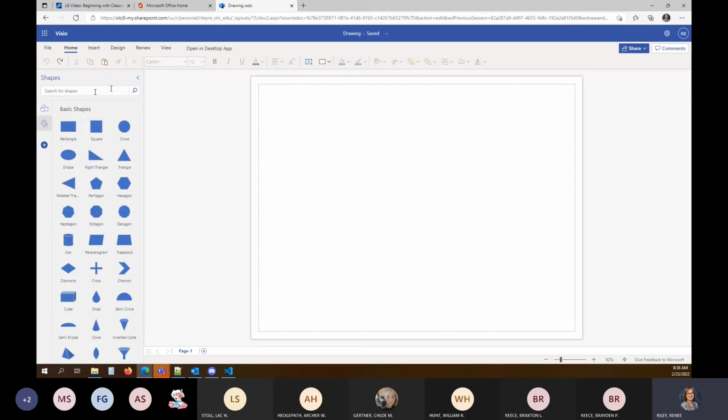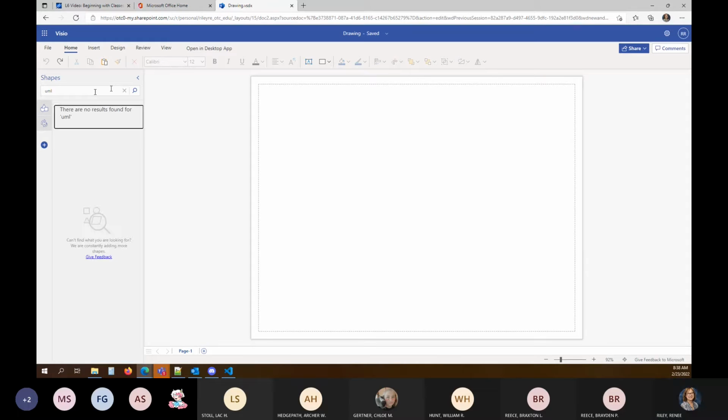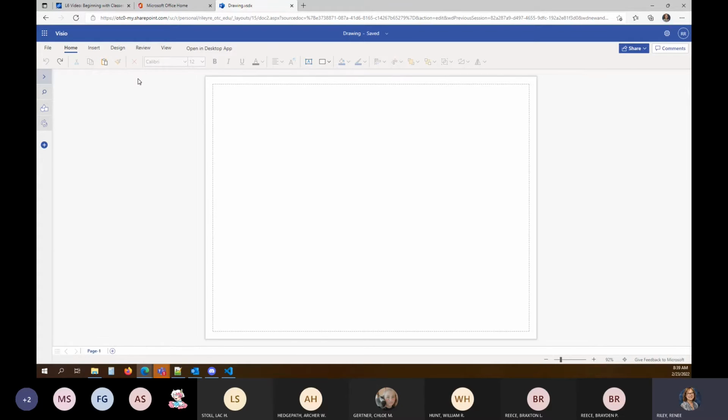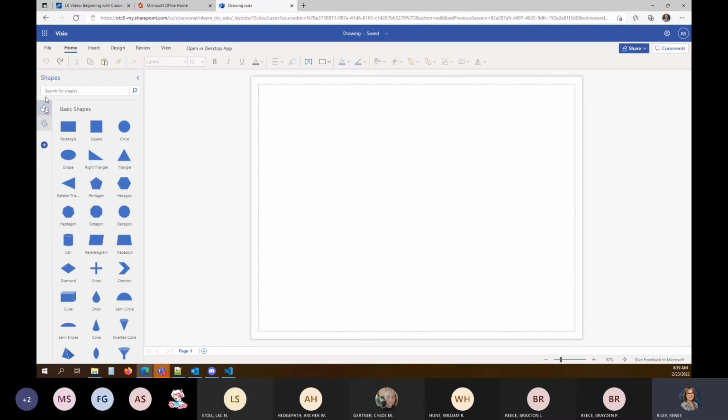I'm going to search for UML shapes. Come on, you silly thing. Nothing. So we'll just use a rectangle. Notice over here, there's a little teeny toolbar. We could do basic shapes.